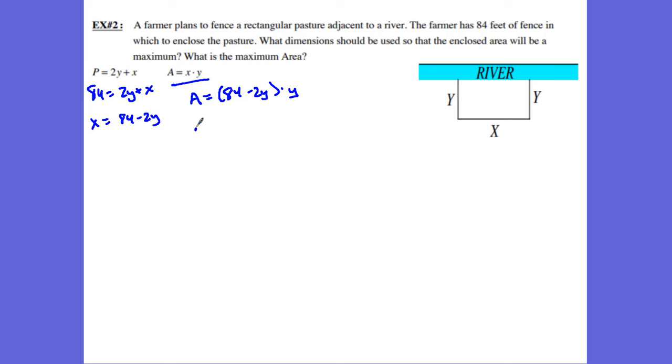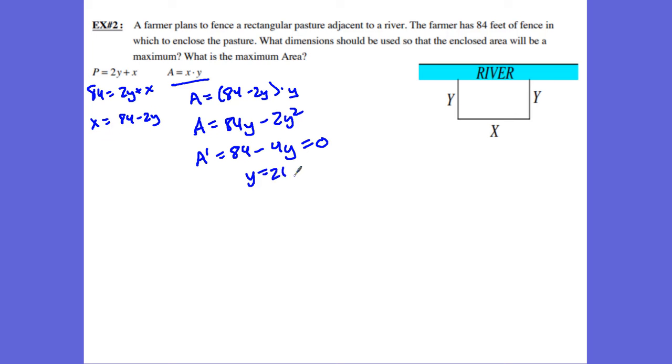I can distribute my y right there, and I can solve for x or y. It was just easier solving for x in this problem, which means we have 84y minus 2y squared. We're looking for the maximum area, so we're going to take the first derivative test. We have 84 minus 4y. We can set that equal to 0, and we can easily find my y is going to be 21,